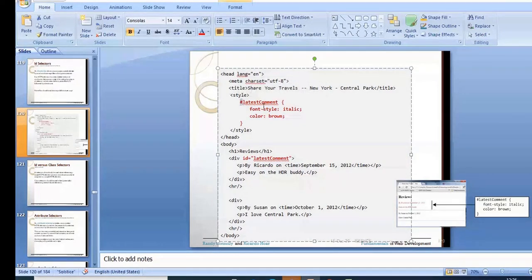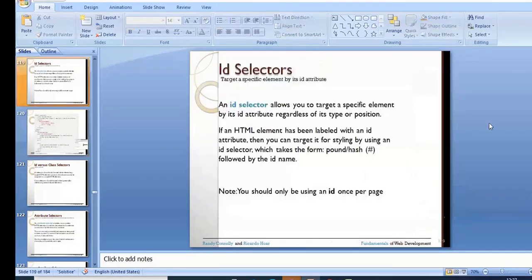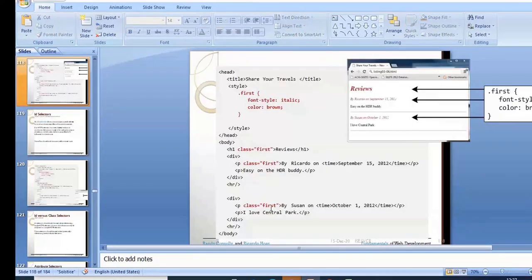Then how is it different? The ID selector should be used when specifying a single HTML element. You need to remember, only for one HTML element. You cannot repeat this value for other HTML elements. Observe that the same class name is applied to different HTML elements. You are just grouping using the class attribute, but that is not possible in the case of the ID selector. So that is the main difference.